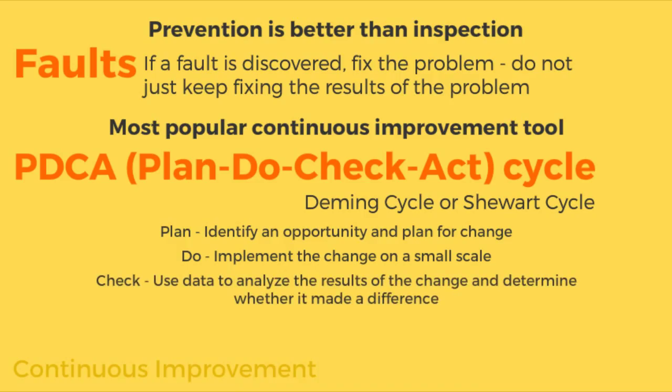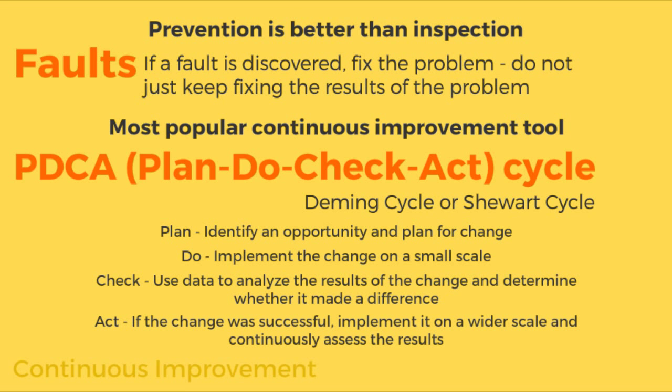Then check. Use data to analyze the results of the change and determine whether it made a difference. And finally, act. If the change was successful, implement it on a wider scale and then continually assess the results. And this PDCA cycle, Plan, Do, Check, Act cycle, is a cycle. You keep moving around, you keep assessing how you're doing, look at the quality of the product you're producing from a manufacturing standpoint, but from an information security standpoint, you look at the number of threats that you're able to